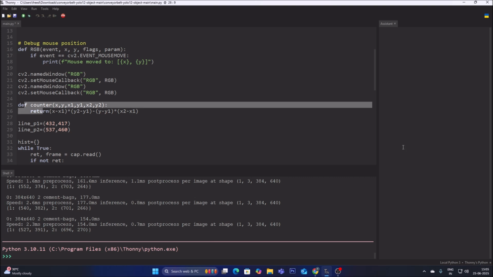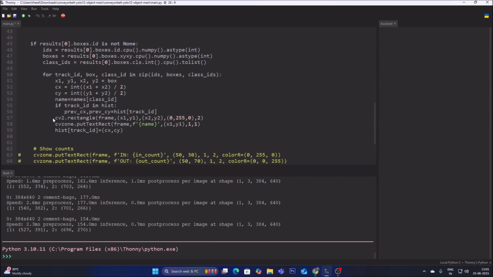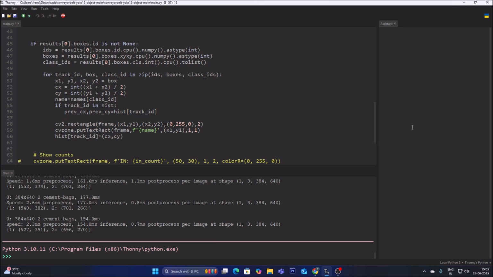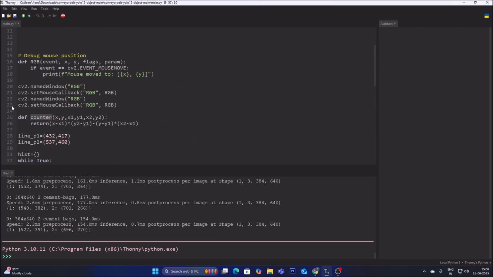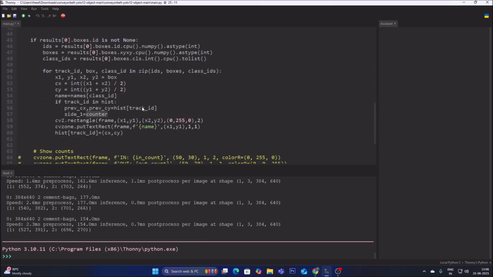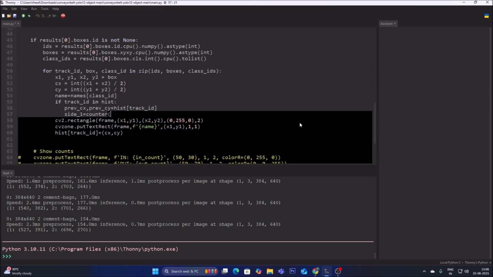This is the function which we will call after where we have previous cx and previous cy. First we want to create side 1 and side 2, then we will create the condition. So side 1 and side 2 are just variables. Side 1 is equal to our function, which is counter, so we mention the function name counter, and inside that we will pass